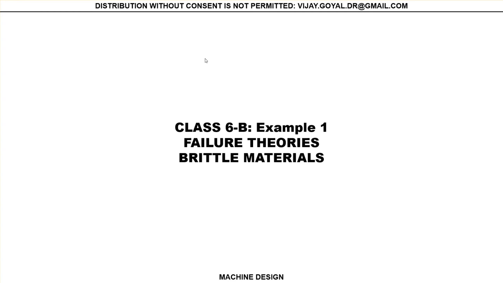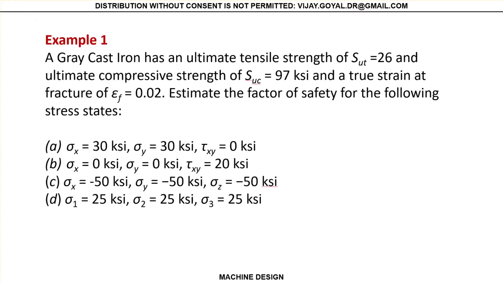So this is example number 1 for failure theories for brittle materials. Let's consider the following case. It's very similar to the problems that we had in the past for ductile materials, but the difference is that now we are using a grade 20 cast iron material, and the ultimate tensile is given by 26, and the ultimate compressive is given by